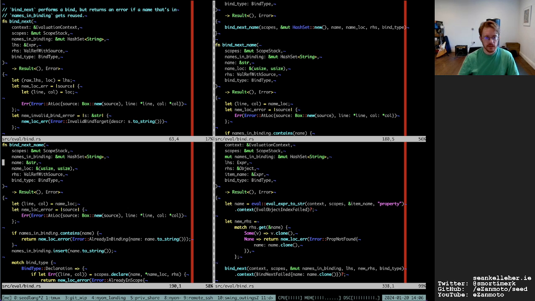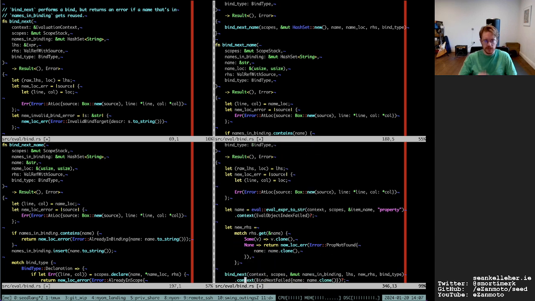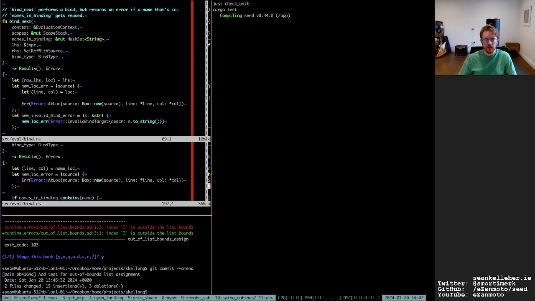And so for the new location error, I'll want to extract that from the left hand side. Again, a bit messy here because there's a good deal of duplicated code, but it gives us the correct error line information.